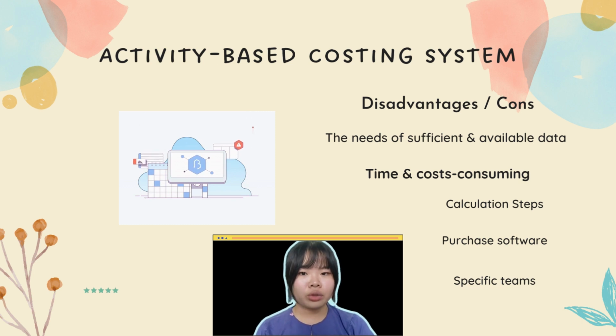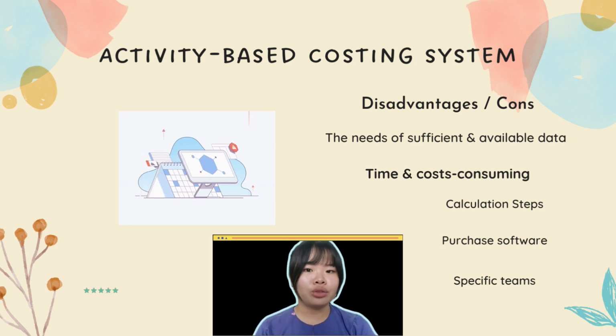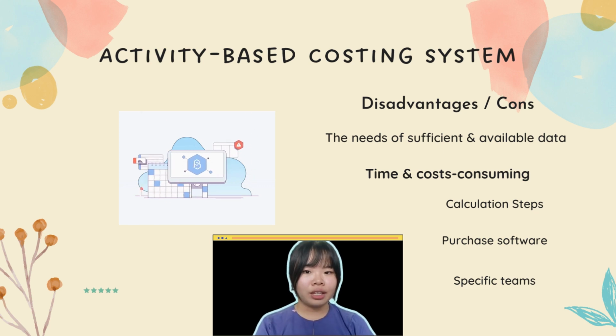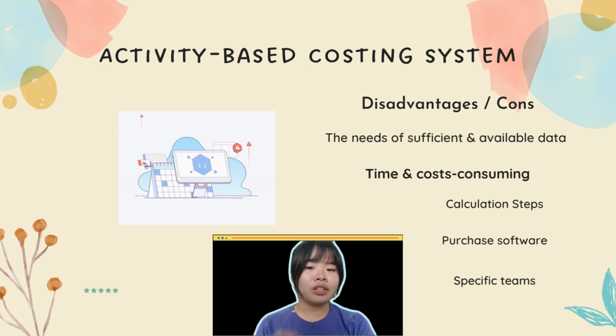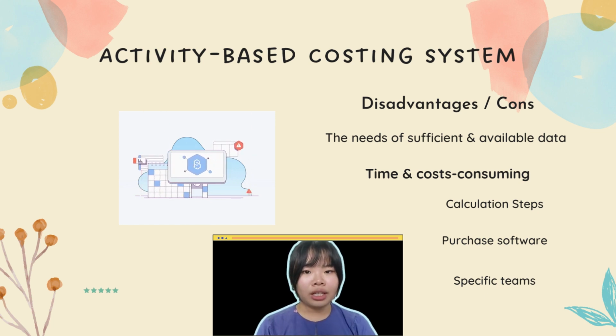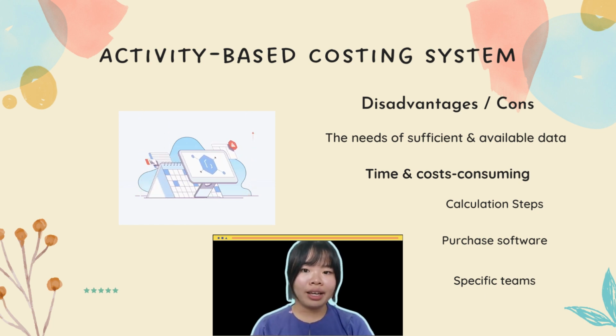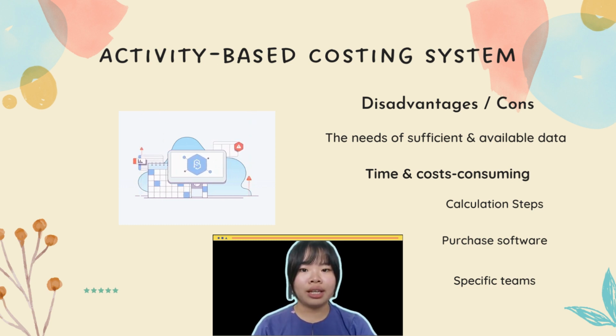Well, cost consuming means the company may need to hire a specific team to handle the specific allocation costing system, like the activity-based costing system, because they also need to purchase some specific software to do the allocation